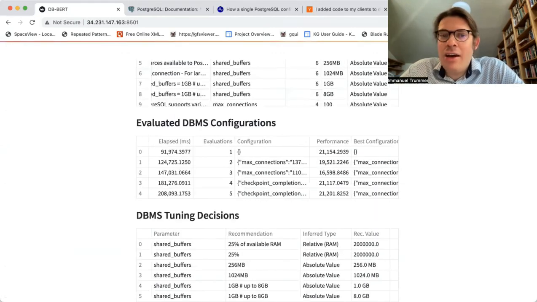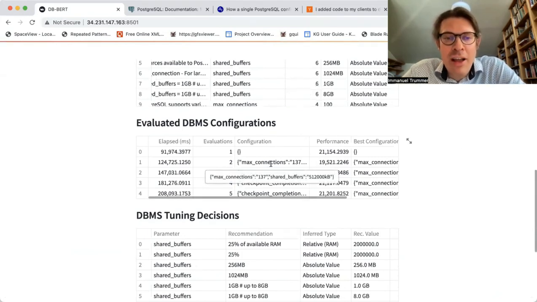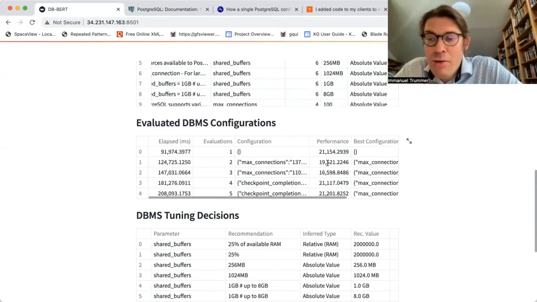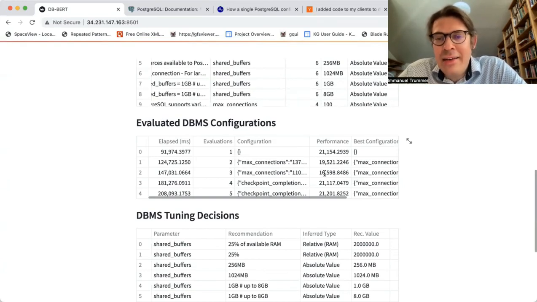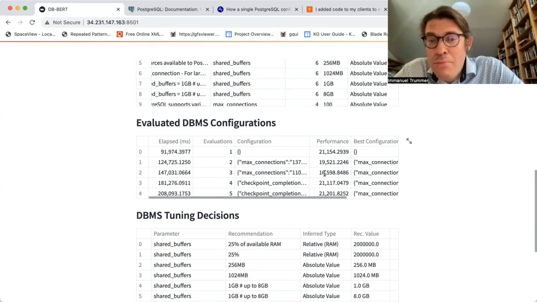If you want to get more insights into which settings DB-BERT has tried out, we find it in this table over here. And as you see here, DB-BERT has tried out a setting which assigns the max connections to something of a little bit more than 100 and shared buffers to about 500 megabytes. And that already reduces the runtime by about 2 seconds. And here another configuration assigns higher values for both of those parameters, and that decreases execution time even more. So within something around 2 minutes of tuning time, we have already managed to reduce the execution time by about